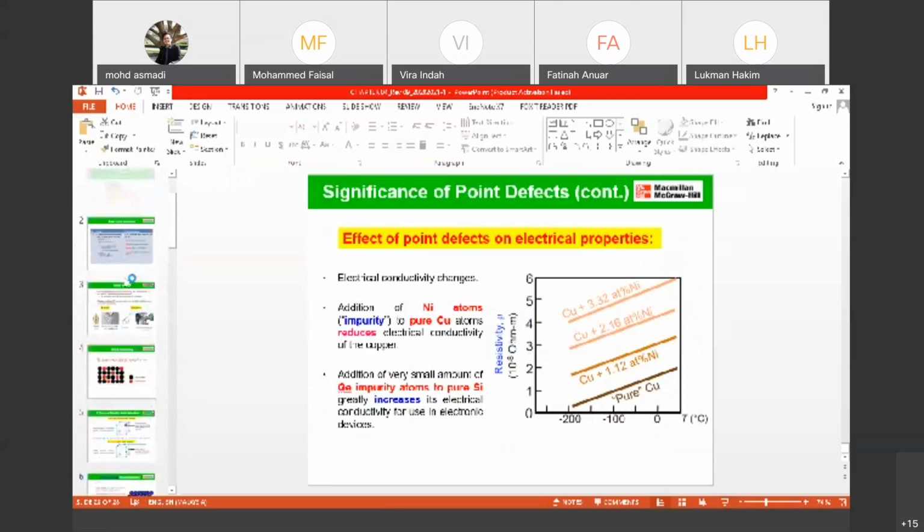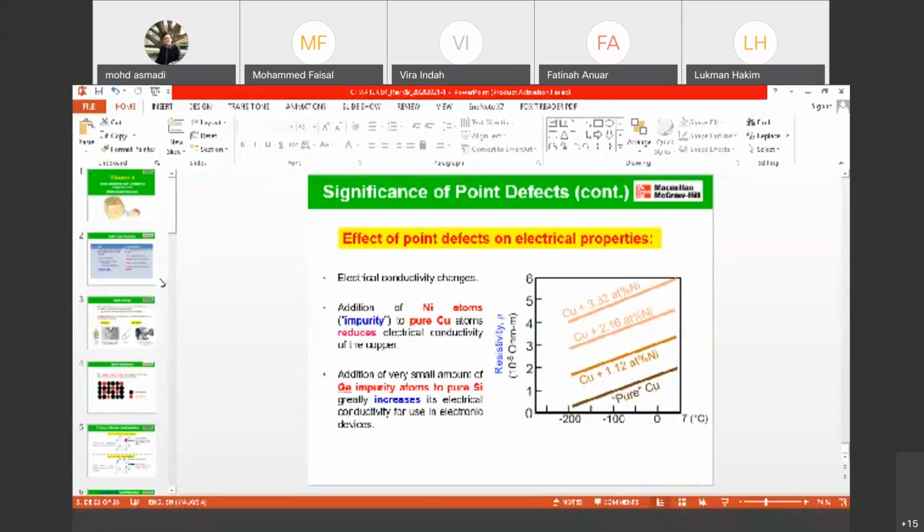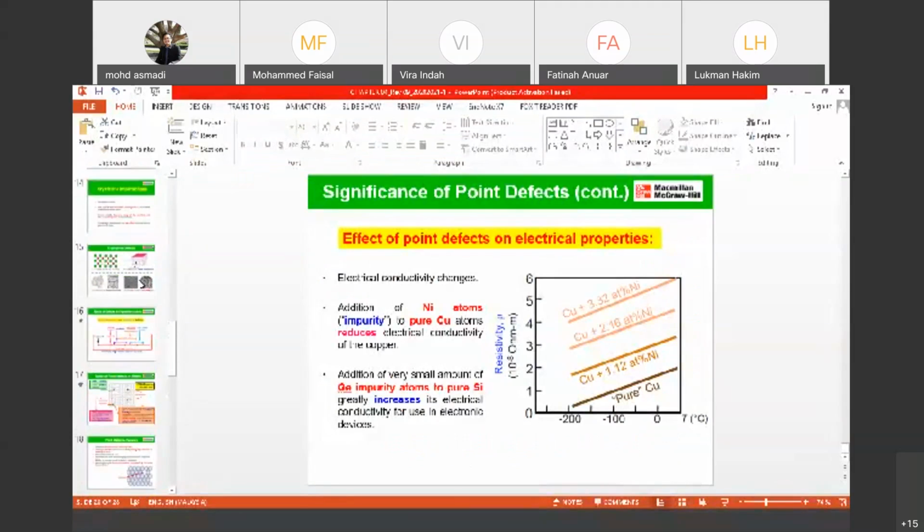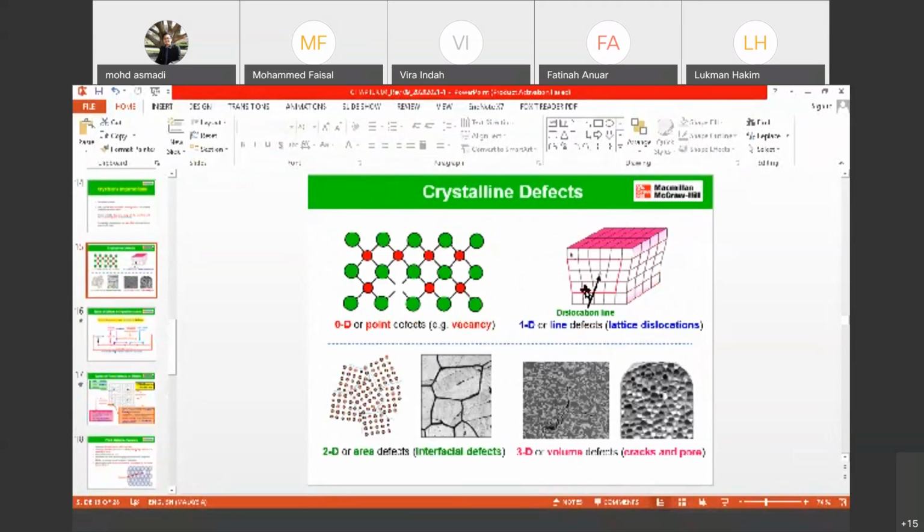Point defects are 0D, lattice defects are 1D or line defects, and area or interfacial defects are 2D. Any questions about the defects? No? Okay, if there are no questions,